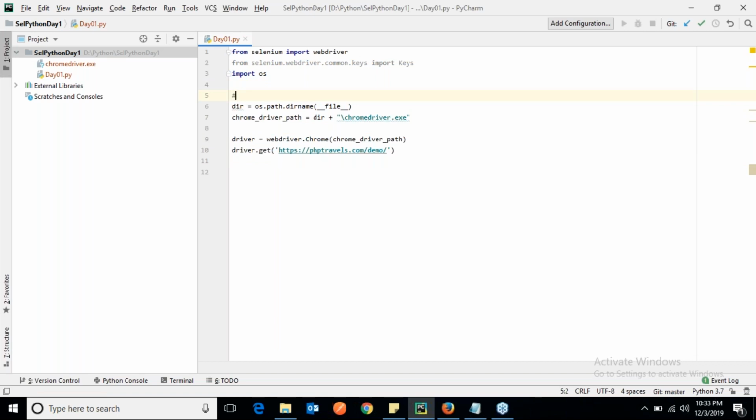So how do we provide comments in Python? It's a hash sign. In Java you use two forward slashes, but here to comment you need to provide this hash. Okay, so get the Chrome driver path. That we are doing,